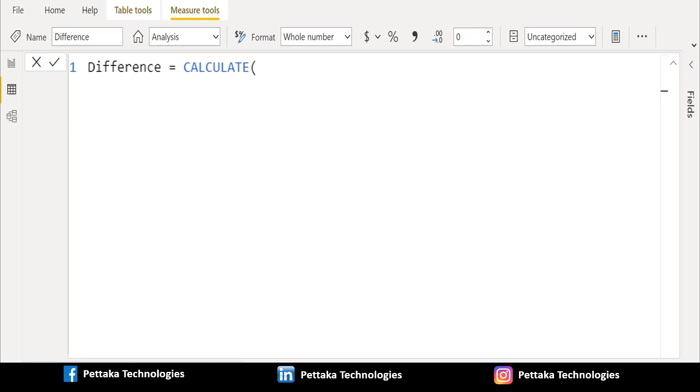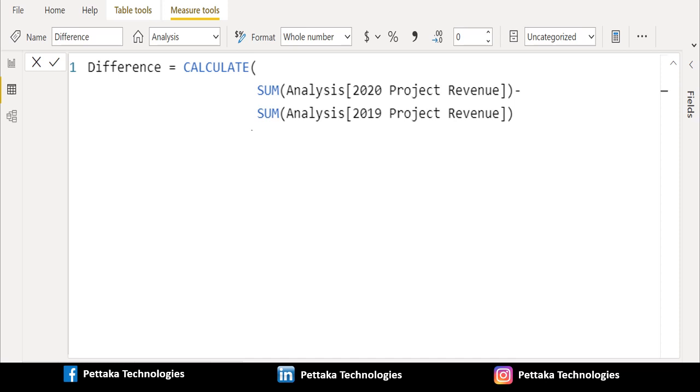We start the DAX function with calculate DAX function. Within calculate DAX function, we will use sum DAX function and selected the column 2020 project revenue from analysis table. And we will use minus symbol to subtract two columns in Power BI.